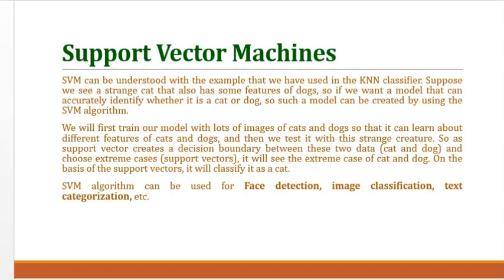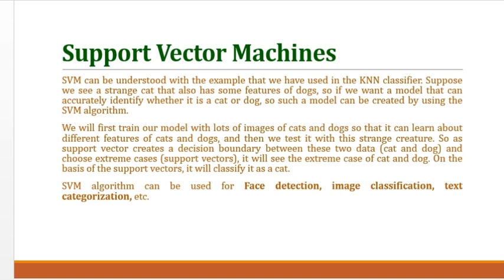Support vector machines, or SVM. It is a supervised learning algorithm that is used for classification and regression tasks. It aims to find the best decision boundary, that is a hyperplane that separates data points into distinct classes. The main purpose of SVM is to maximize the margin between data points of different classes, ensuring better